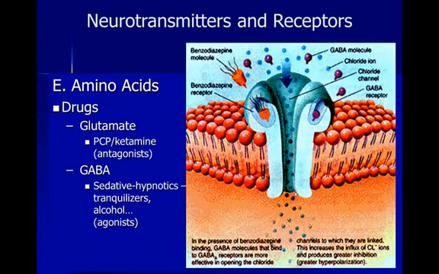So there are drugs that affect these different neurotransmitter systems that we'll talk about. There are some hallucinogenic drugs like PCP and ketamine, which are glutamate antagonists. And of course, we've already talked a little bit about some sedative hypnotics, such as benzodiazepines, tranquilizers, and also alcohol, which are all GABA agonists, and so they quiet the brain down. So this is actually a look at an NMDA